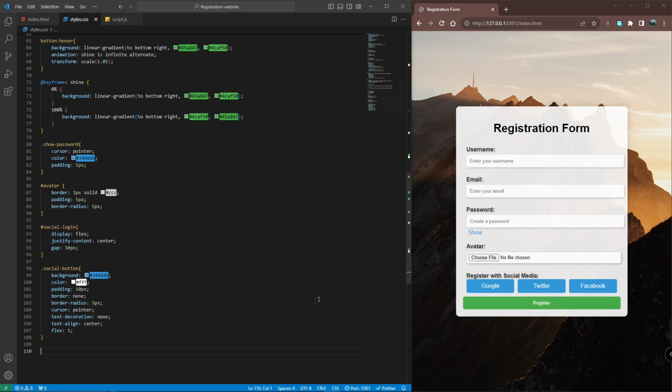So now let's code our neon glow effect. I will be adding some comments here, it will be better. Neon glow effects for the input field when in focus. Okay, input dot focus,